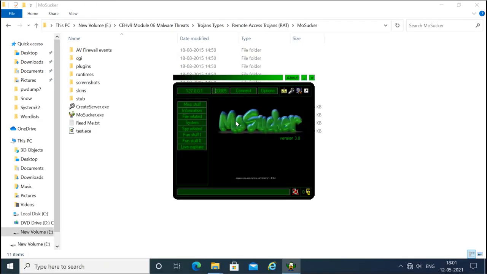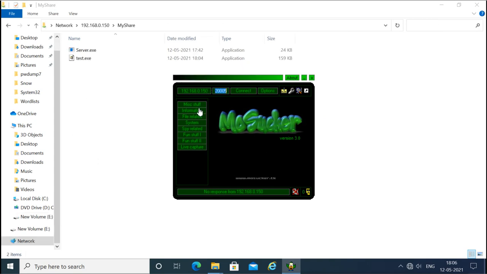Now we have to connect to it. So I will give the IP of that victim machine, and the port is the default one. I will say connect. It is not getting a response, but soon it is going to connect. Now this one is not connecting, I think because of the other server we have executed, but this one is the same one. It is also a RAT. So when you run it, you can see this other information here when it is connected.